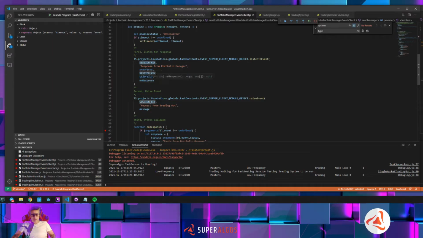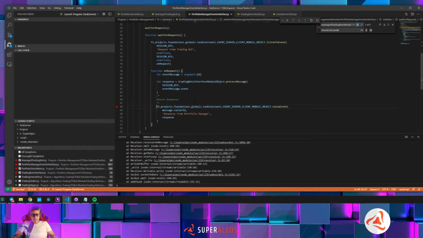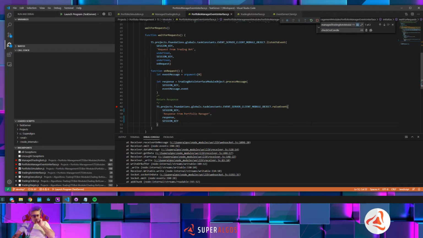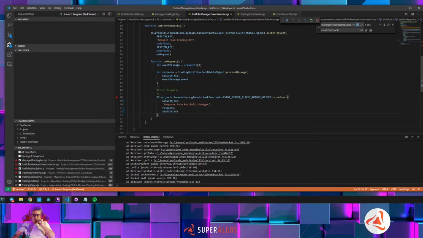And the session key here. Okay, so that should fix the problem. Okay, good. So we're going to stop this,